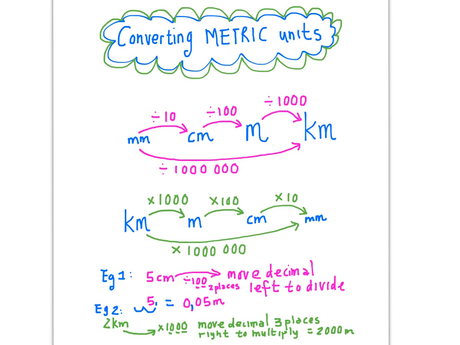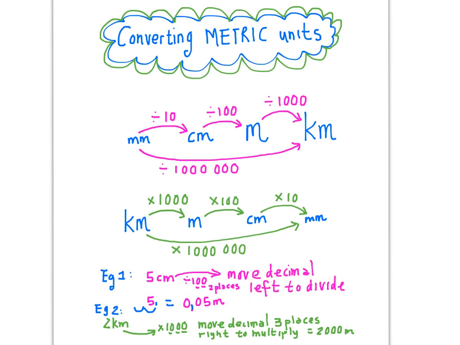Let's look at our example we've got over here. So we've got 5 centimeters. We want to move it into meters. So we say 5 centimeters, divide by 100. So we're doing this conversion over here. From centimeters into meters, you divide it by 100. So if you look at the 100, it's got 2 zeros. That tells you you're moving it 2 decimal places over, and we move the decimal comma to the left to